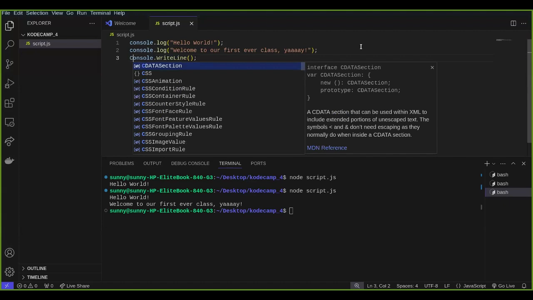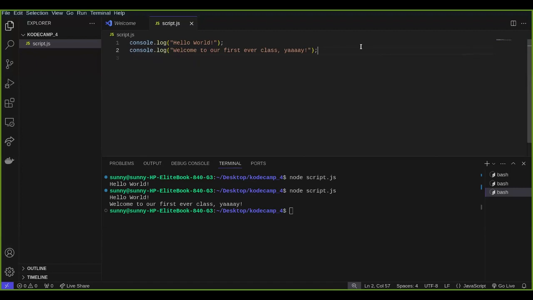Now, I can decide to run this over and over again. I could decide to run it 20 times. I could decide to do whatever. So in our next class, let me just do this. We can also log out something like digits. For example, I want to log out 500, right? So I have 500. I want to log out 500. So I'll say, see me, I'm typing console.